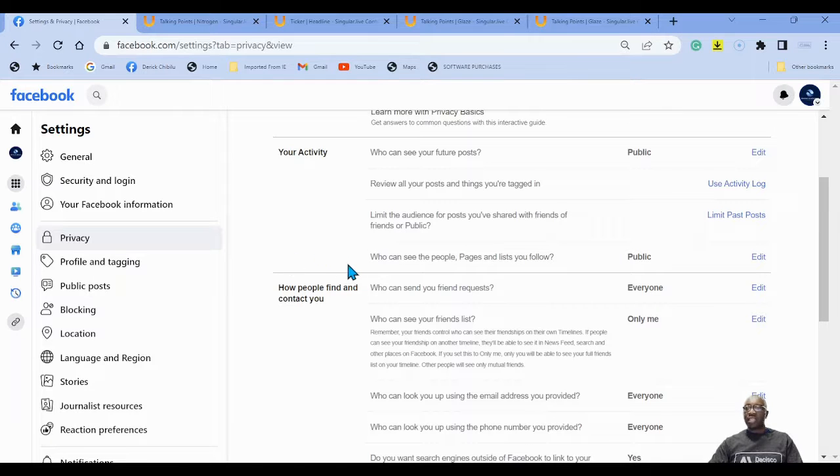And then it says who can see the people, pages, and lists you follow. This is important. This is in line with what I've just mentioned. Let's say you have a church group, and I'm just being realistic. I'm not saying it's wrong to follow a religious group. I'm a born-again Christian myself. What I'm saying is there are some